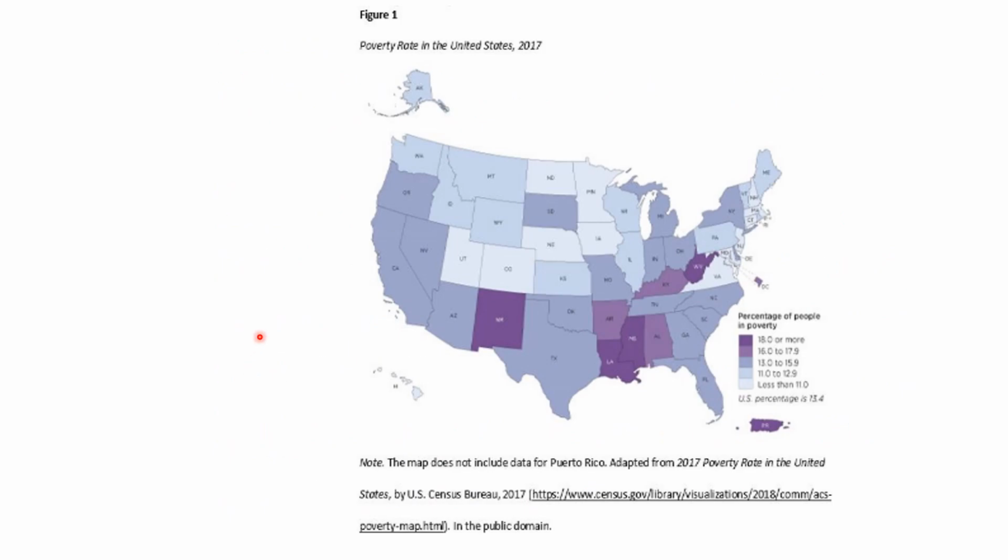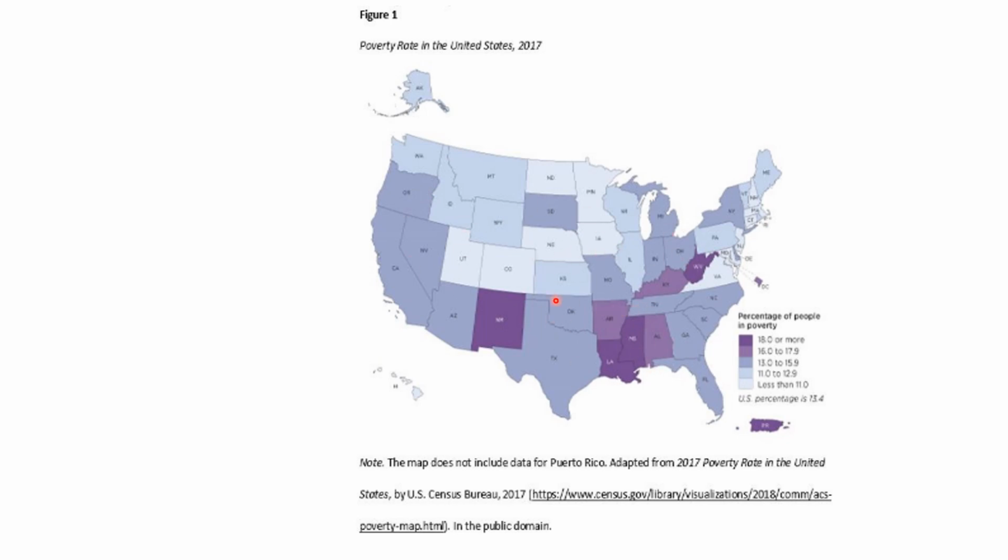Okay, so here is an example of a figure. This is a map. So this is the figure number, the figure title. Take a look at the first letter of each important word. We have the words poverty, role, and United States. So first letters are capitalized. Title case. You see here the legend or the key to explain what the colors are for and what they